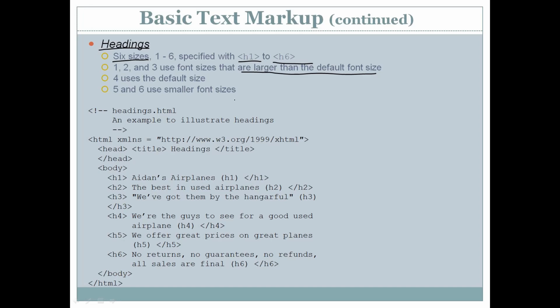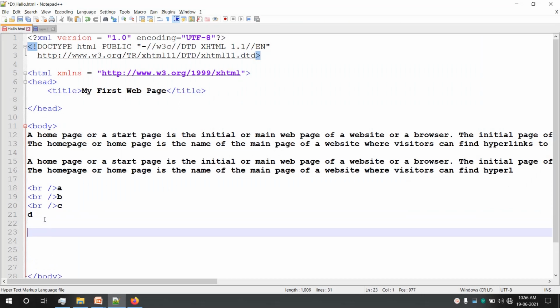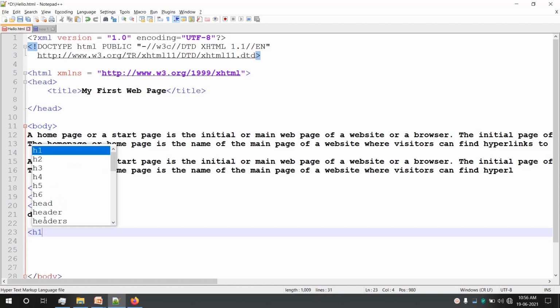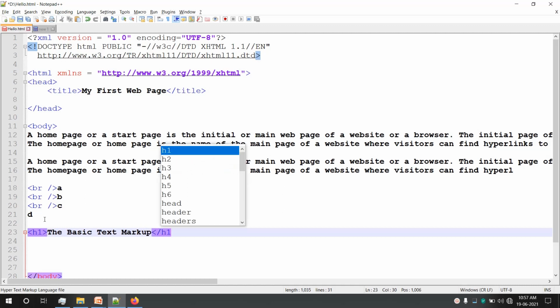Okay, let's go back to our file. Now what I'll do is I'll use a heading tag, that is I'll use H1. In H1 I'll add the basic text markup, okay, and H1 is closed.